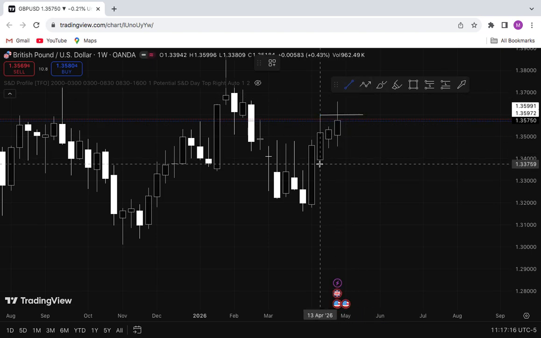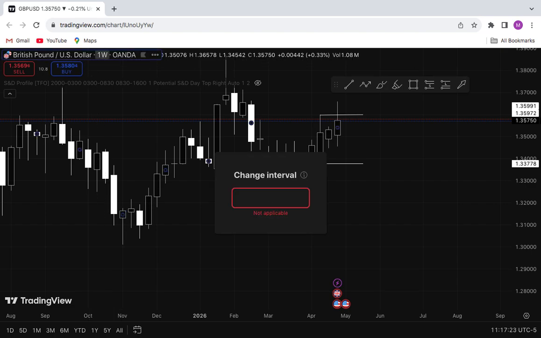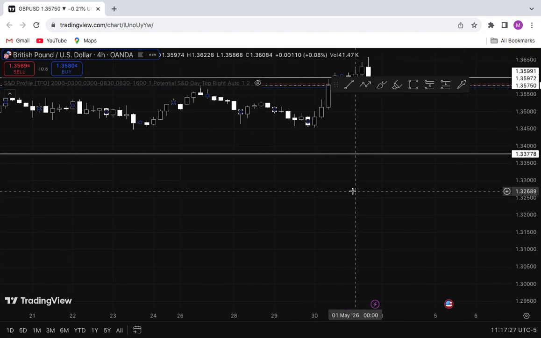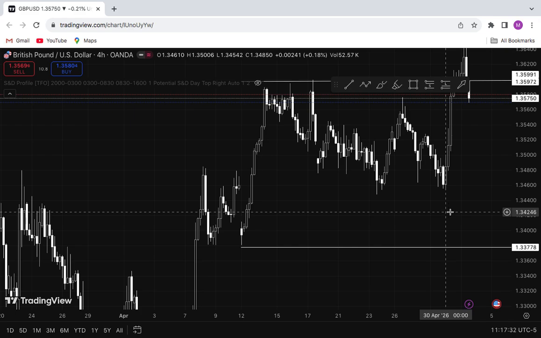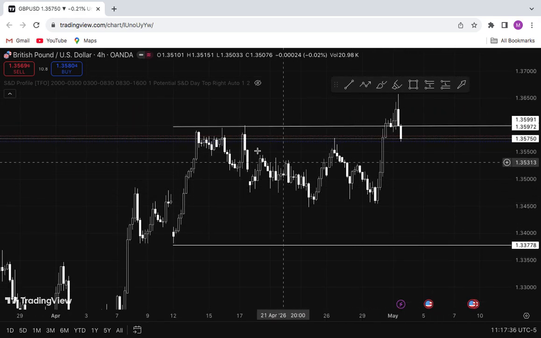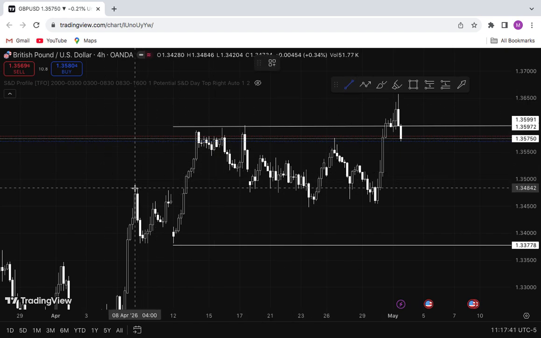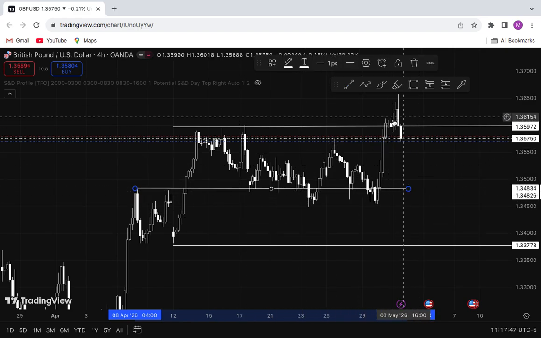So I'm gonna mark this area. This is the weekly range we are trading in, and if I come to the 4 hours time frame, you are going to understand that this is the weekly range we are looking at, and based on the weekly range, price came down all the way to this breaker block here. So we had a breaker, that price came, collected liquidity, and gave us this push to the upside.